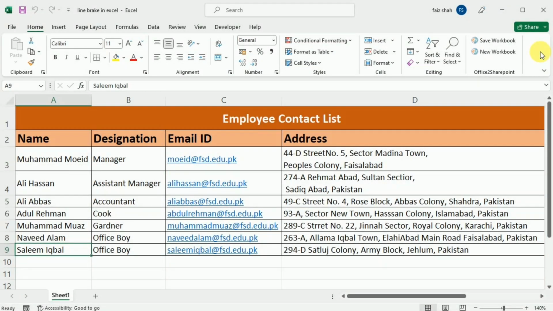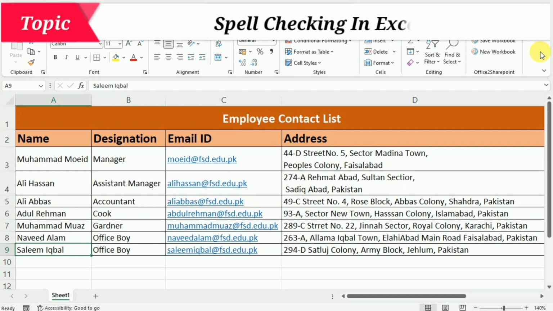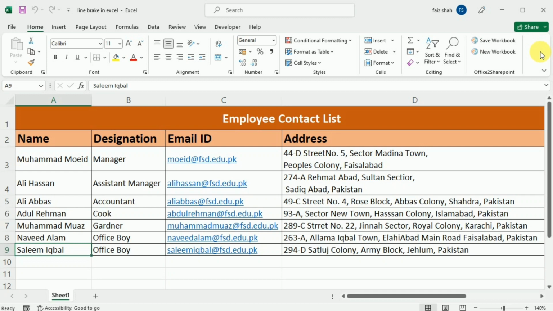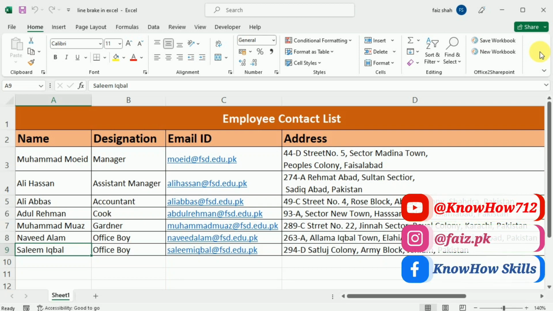In today's tutorial, we are going to learn how we can use spell checking in Excel. Once we have completed our task and want to share our work with others, we would definitely want to make sure it doesn't include any spelling errors. Fortunately, Excel includes a spell checking tool that you can use to make sure everything in your workbook is spelled